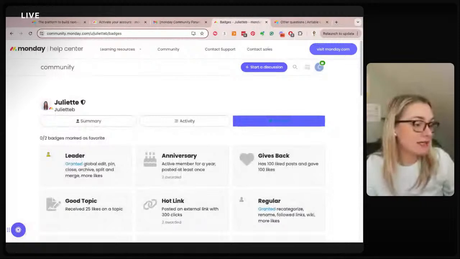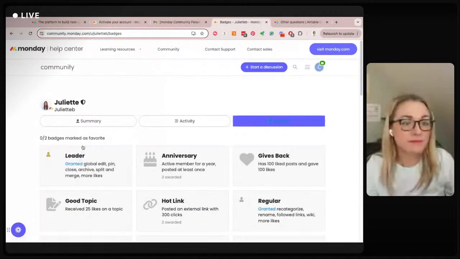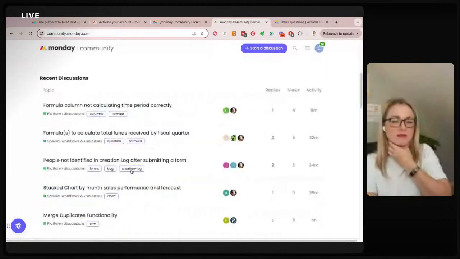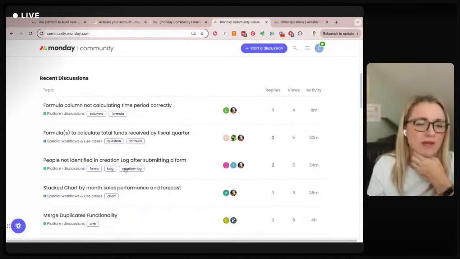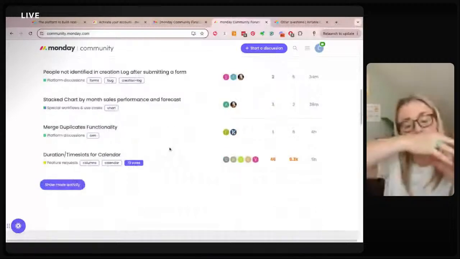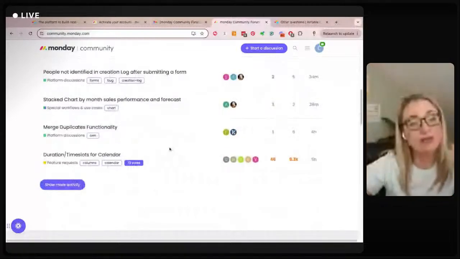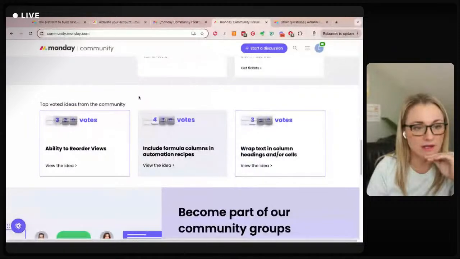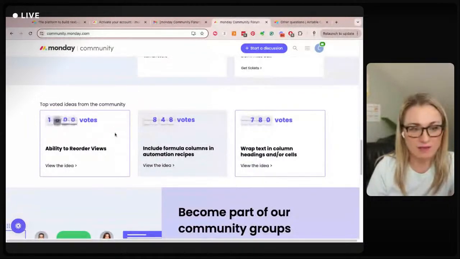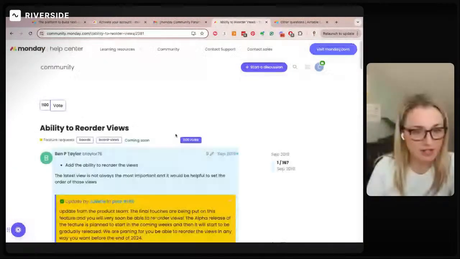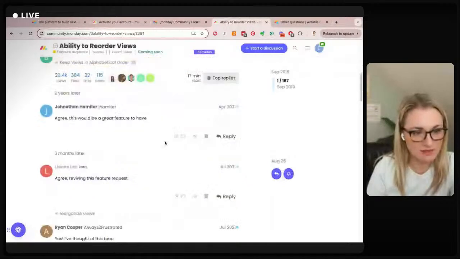Yeah, so this is looking really nice. And the tagging system here is nice. It's going to make it really easy on the back end to look through and tag all that information and see, okay, how many formula questions do we have? How many chart questions do we have? Things like that. So they're probably able to report on the top questions coming in, and they can bring that to their support team and really improve and streamline processes there. I love the interactive or animated elements of this page. Really, really beautiful. I'd be very curious looking into here what happens when these ideas, do they update?